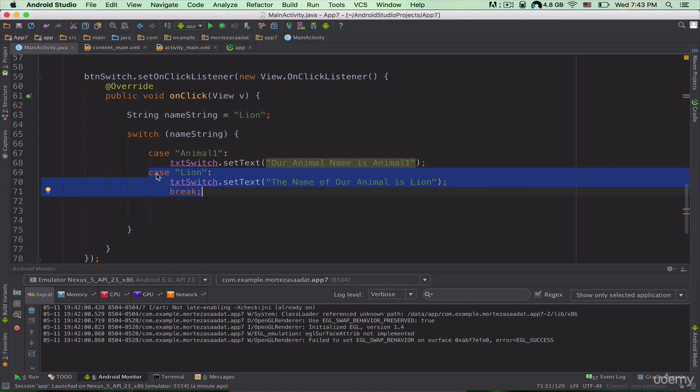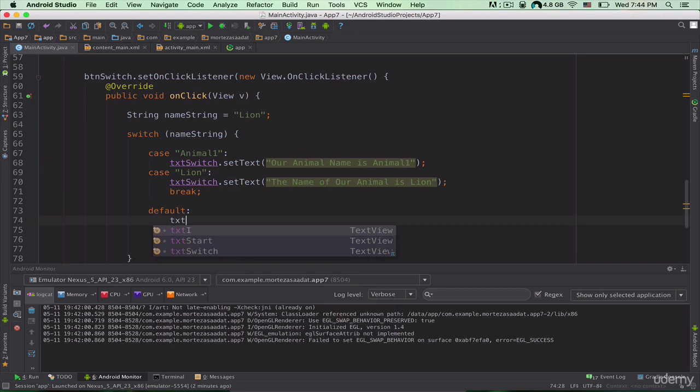So now it's going to look inside the value of this name string variable, and if the value of that name string variable is lion, it is going to execute this line of code here, and then it is going to break out of this switch statement. Okay, we have another case, default, and it is the same as the else part of our if else statements. This means that if the value of this name string variable is not animal1 and it is also not lion,